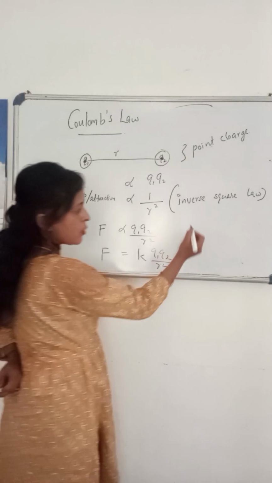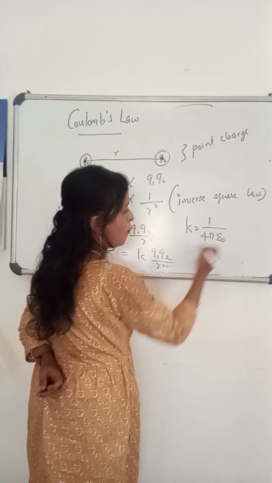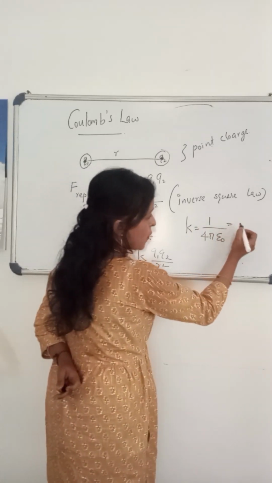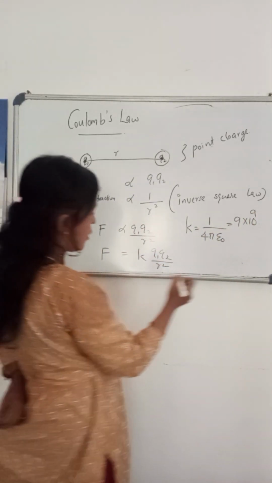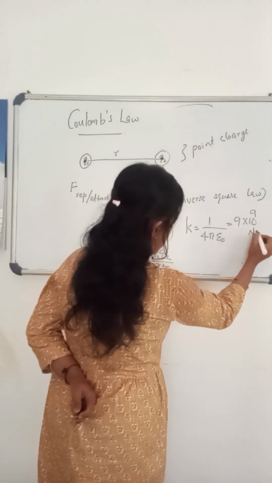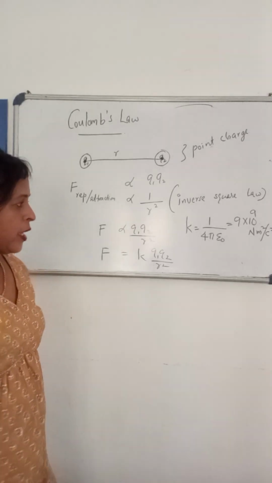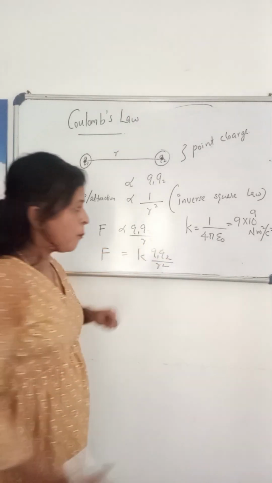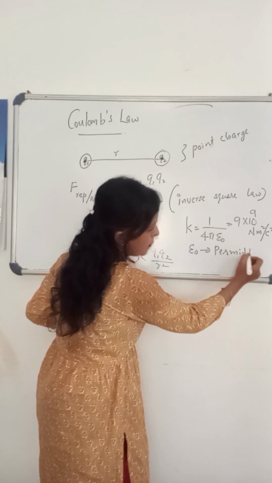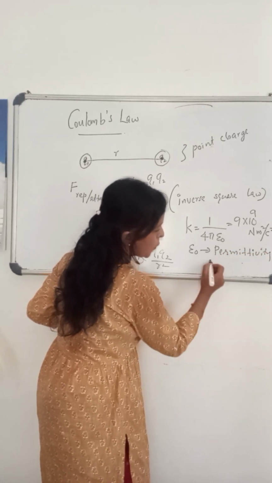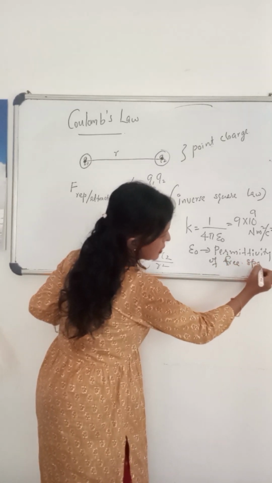And what is that constant? The constant is equal to 1 by 4 pi epsilon 0, and its value is 9 into 10 to the power of 9 Newton meter square per coulomb square. This is the value. Then what is epsilon 0? Epsilon 0 is the permittivity of free space. Free space means